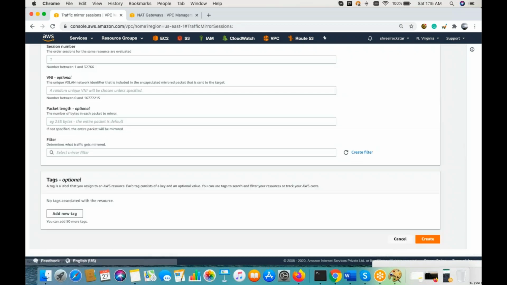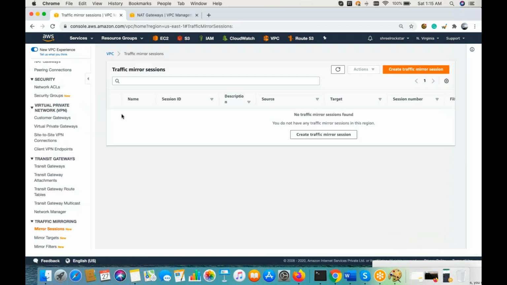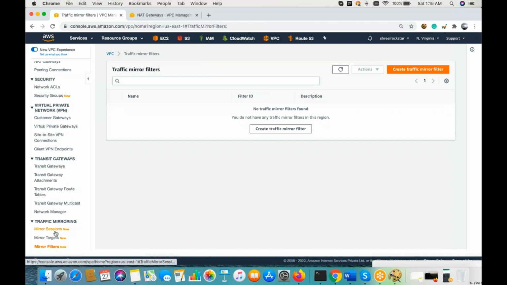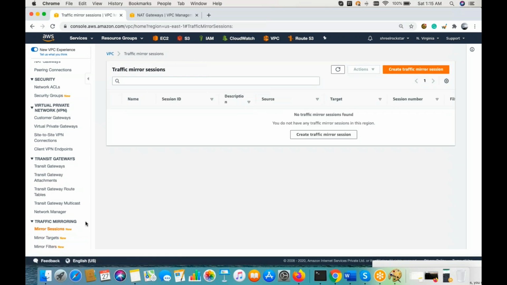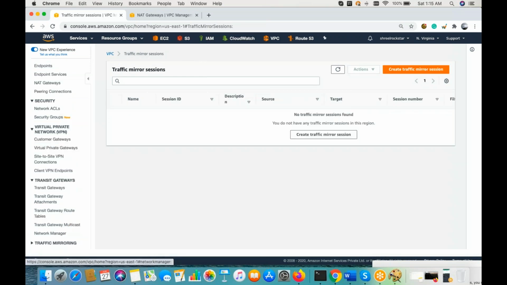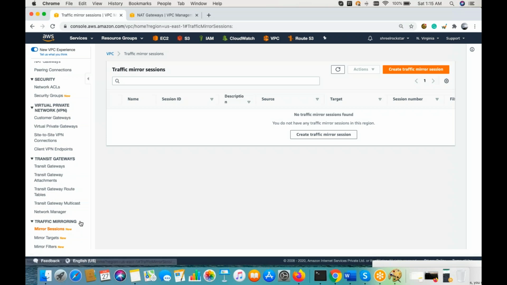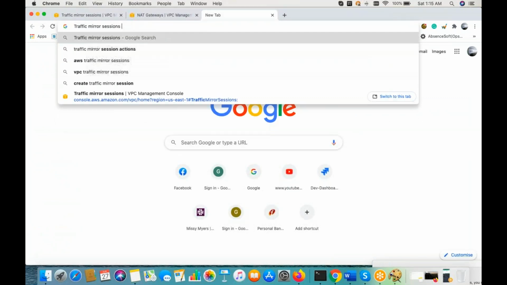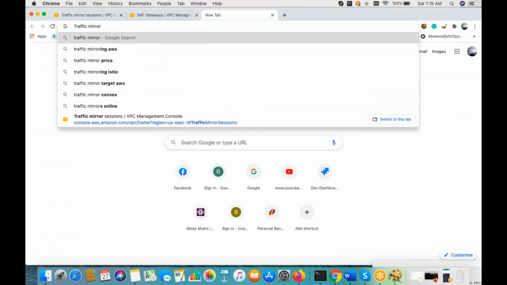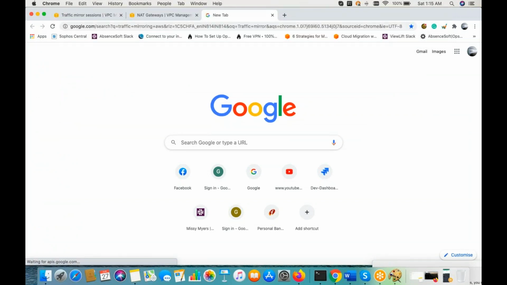So this will give you complete filtration on a dashboard basis, so that you can create and manage your targets and filters. It's part of traffic mirroring. Let me give you an example of what exactly this is. I haven't tried it, but I like this option, very nice, recently launched by AWS.